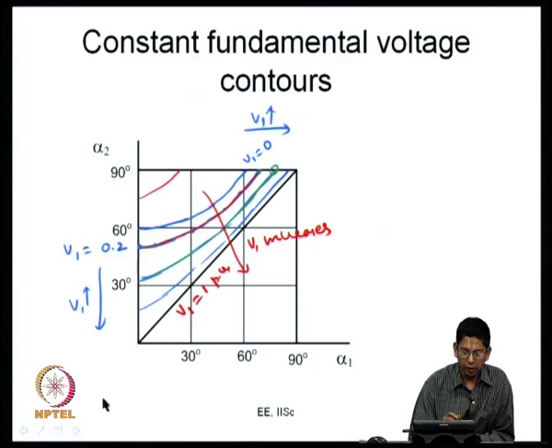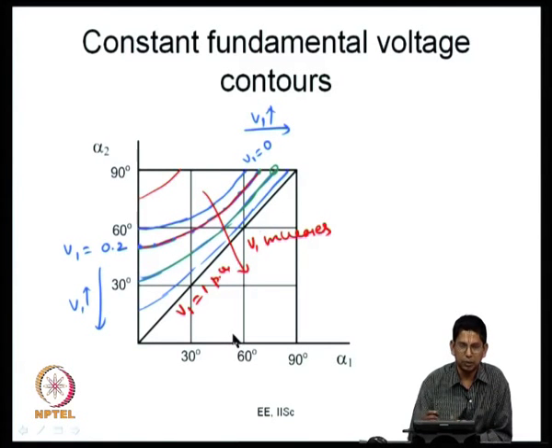So, you can look at all this, there are several of these curves now. Here the V 1 is equal to 0 curve is shown by this blue line, then 0.2 is indicated here. As you go on increasing V 1 like this, your curves keep shifting, and finally this curve is V 1 equal to 1 per unit, that is square wave. In square wave, alpha 1 is equal to alpha 2, the two switching angles come together. So, basically there is no switching in any quarter. There are only switchings at 0 and 180 degrees here.